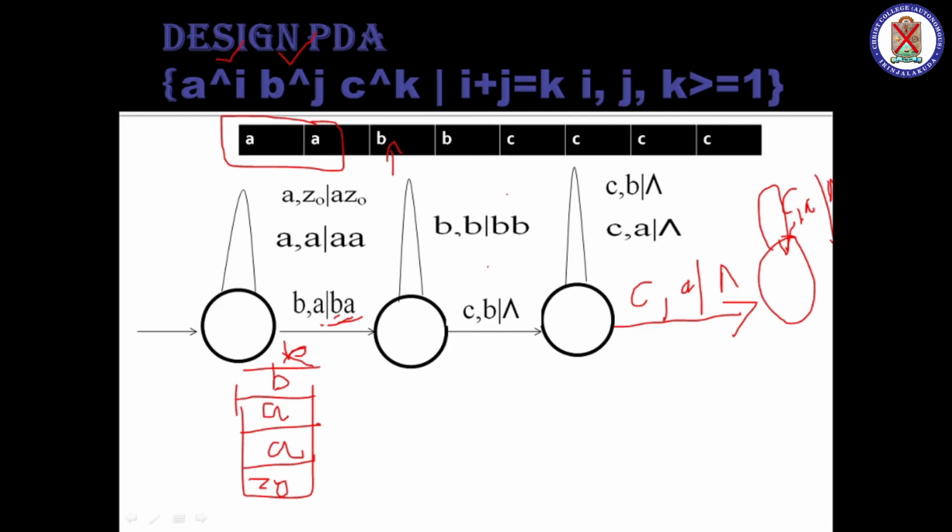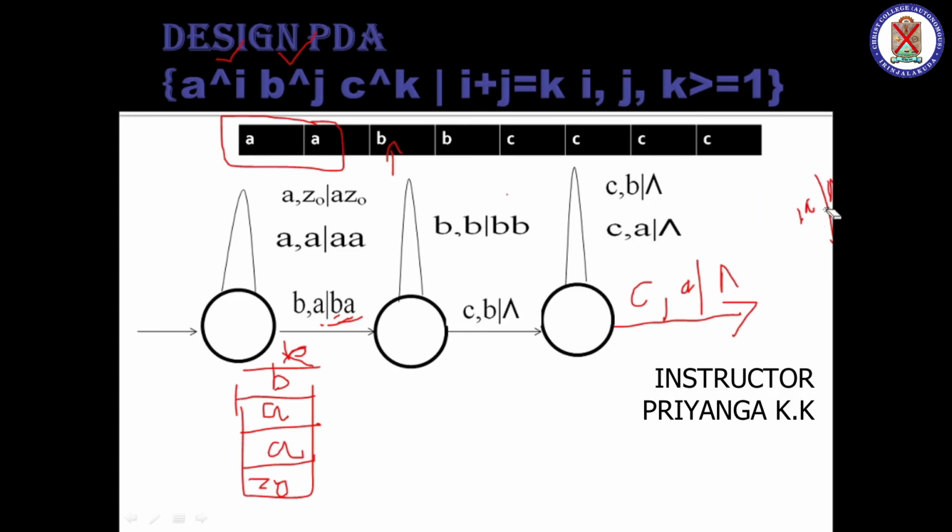When C comes and B is on the stack top, make it null. First all occurrences of B will be cancelled, then only when C comes and the stack top is A, make it null. If you specify it with two separate transitions, that's also correct, but I will say that's not needed because it will increase the complexity of the program. But we must check when it is inserted, either here or here. So when the correct procedure comes, when you insert, you must check and then insert.